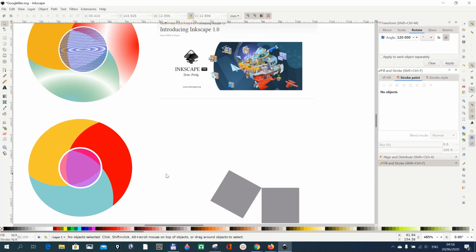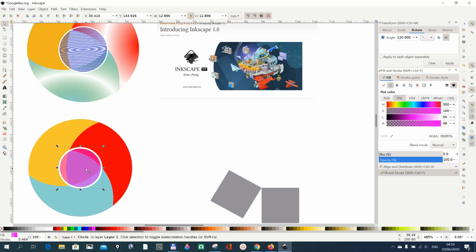We want to make the inside, the middle part, our circle here. Now we can make it opaque, because we don't need any transparency anymore. We select the circle and move this here. And now the color I used, I think I used